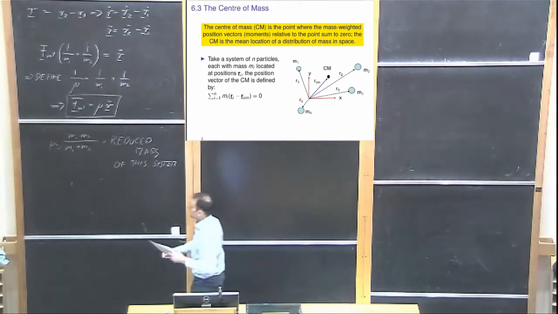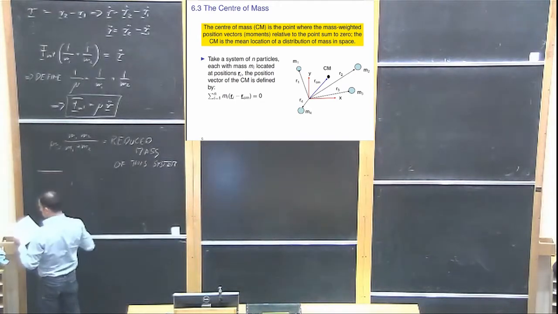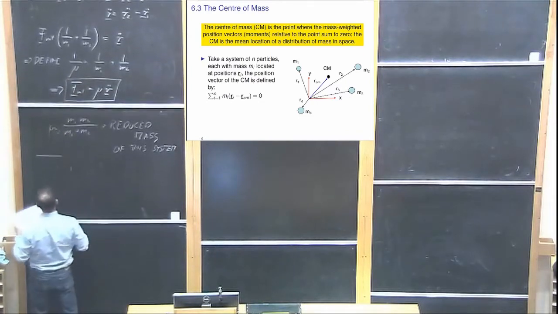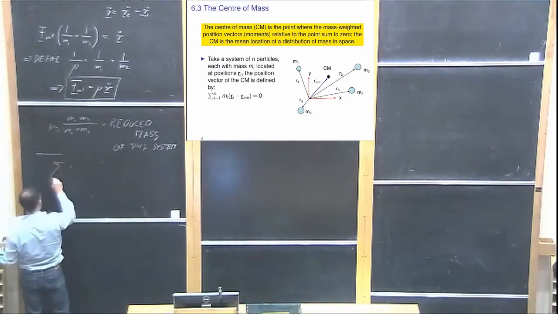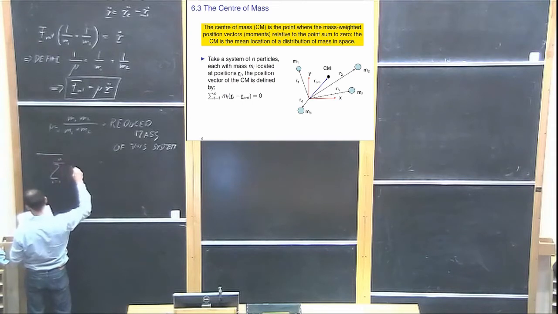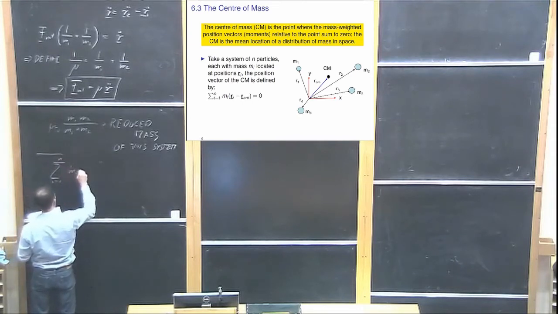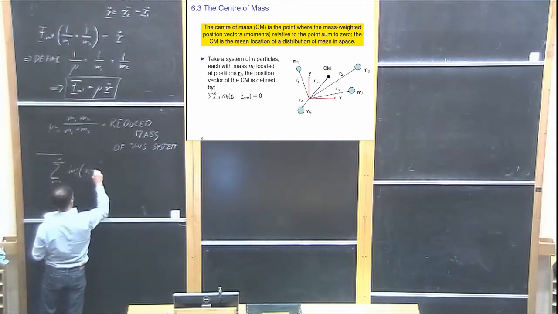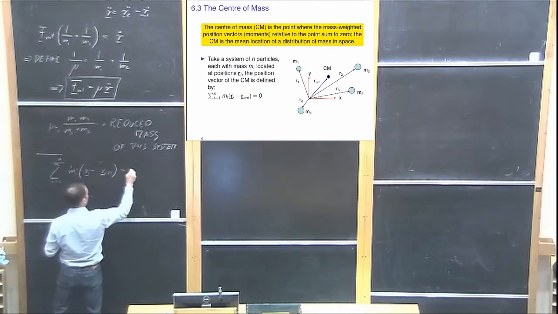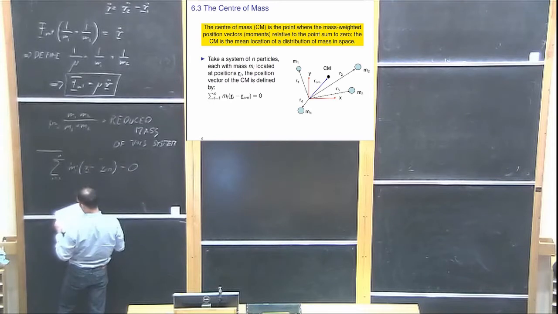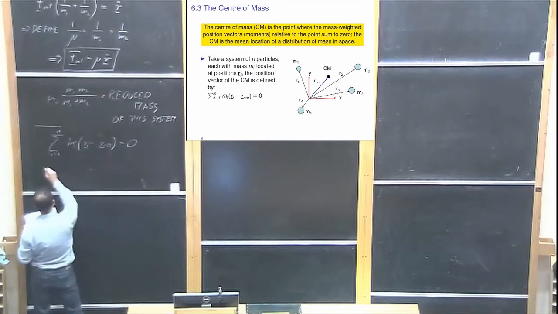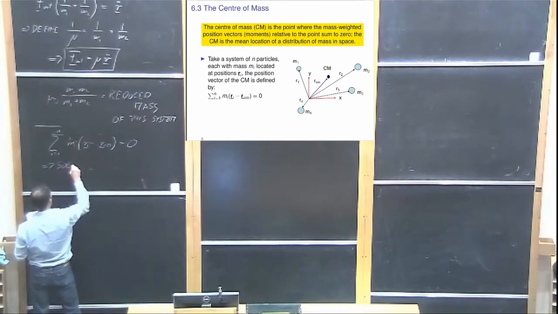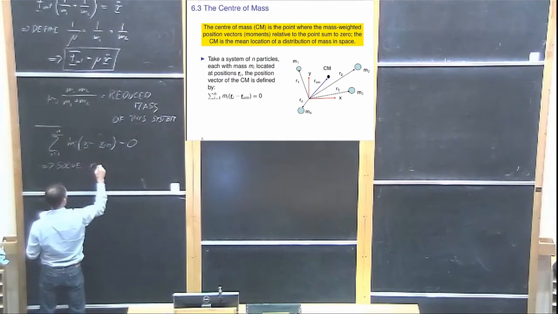So, the sum over i equals 1 to n of m_i (R_i minus R_cm) equals 0. And if we solve this for R_cm,